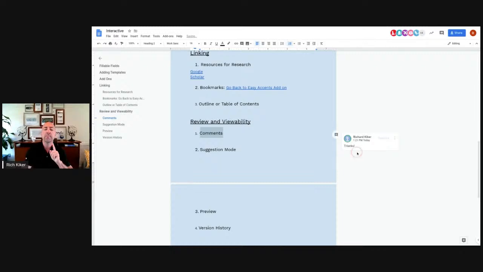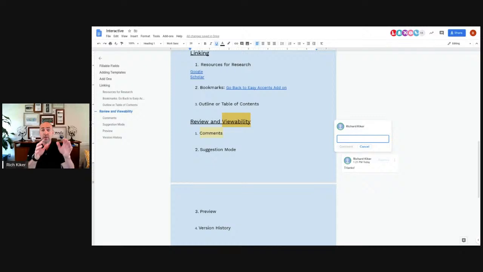But there's a special type of comment, and anyone who's interested in maybe Level 1 Google Educator certification, take note of this. If I highlight a body of text and I add a comment, let's say I'm collaborating with somebody else on this document and I want to draw their attention. Specifically, I want them to receive a notification that I want them to see something I'm doing. If I use a plus sign, this is called a plus mention. If I start a plus sign and I follow it with an email address, so plus one of my Gmails,